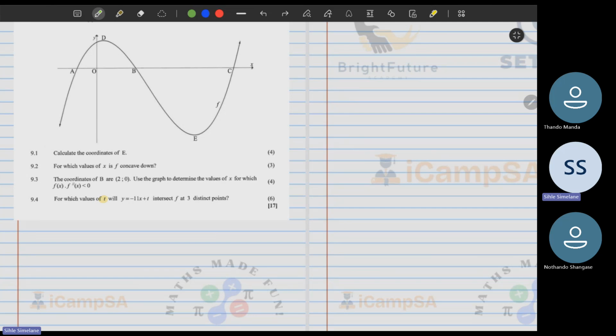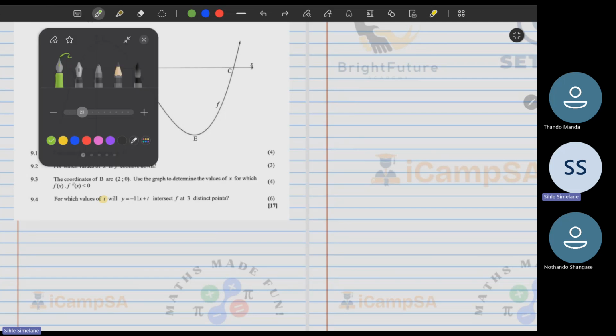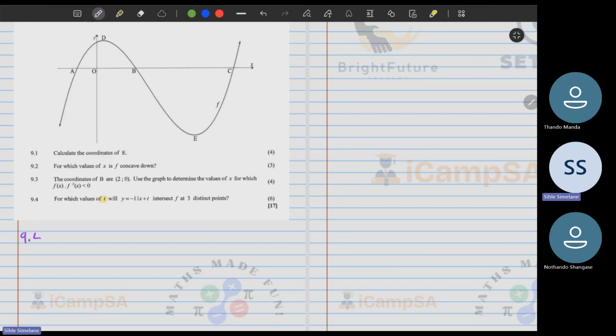So for which t values will this graph intersect our graph at 3 distinct points? The first thing that we can do is figure out the x values where this graph can possibly touch our graph. So let's go to 9.4. We're given y equals -11x plus t. There's one of two things we can do. You guys know by now that there is what we call gradient. And if you think carefully with what is happening here,